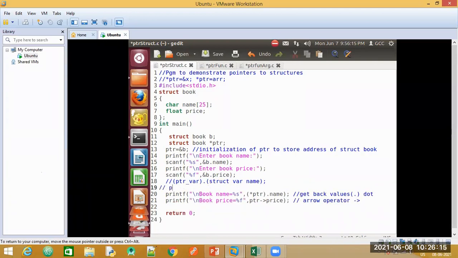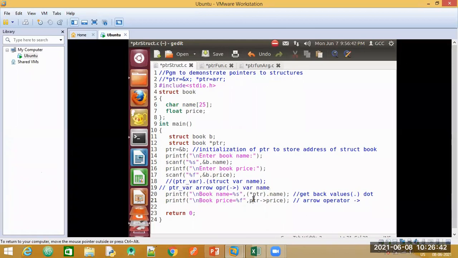You give your pointer variable followed by the arrow operator, which is this, and followed by your structure variable name.